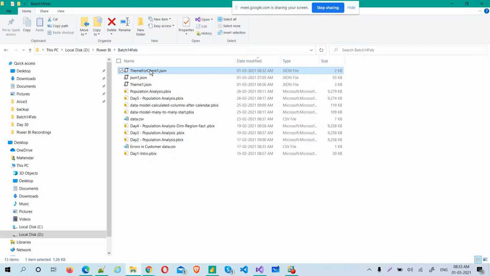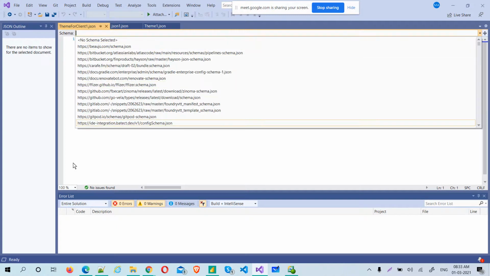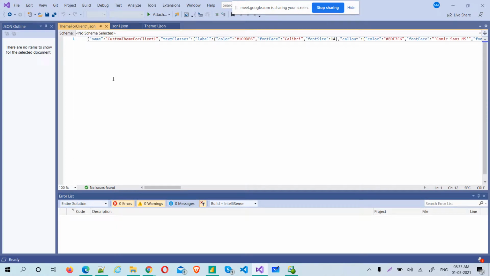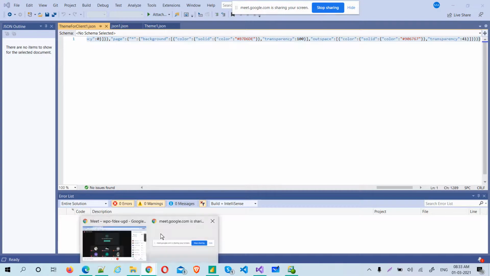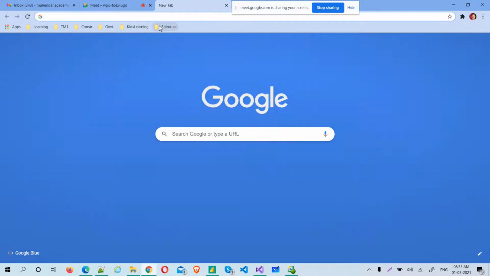Now I'll just edit it. See, it is actually coming in a single line. What to do? Not to worry. If you don't know Visual Studio, nothing to worry. Just open a new tab and search for JSON formatter.